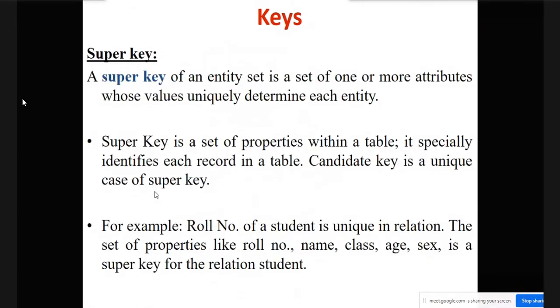First one, what is a super key? For these keys, on the internet I got one nice article. I have taken that article, and I have also referred to the fourth book, from where I have prepared these slides. That link I will share with you, or I will upload those. First question I want to ask you: have you all received the PPTs of chapter 1? I have added them in the Google Drive of our classroom.